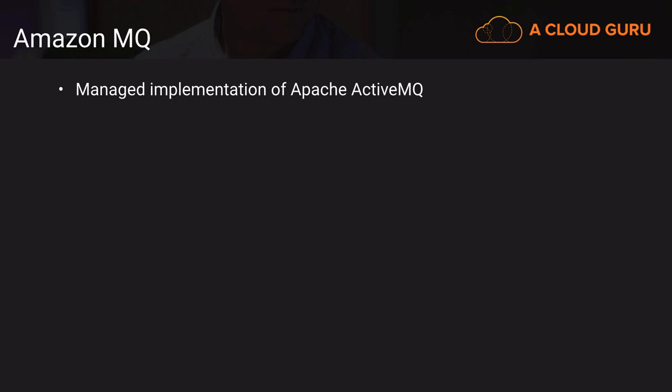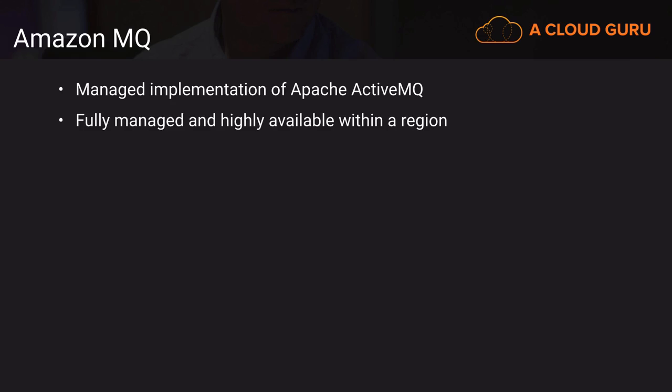It takes care of taking in messages, managing them, and letting other applications via API access them. It functions very similar to SQS, but it's a different implementation of a messaging queue. And in the case of Amazon MQ, it's fully managed for you, so you don't have to install it on any servers, and it's highly available within a region, so you don't have to worry about that either.